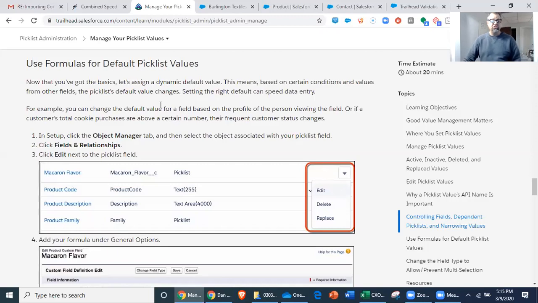Now, this is interesting, this is new to me too, you can use formulas for default pick list values. So let's assign a dynamic value. It means that based on other conditions and values from other fields, the pick list default value can change. Setting the right default can speed data entry a lot. You can just pick the earlier things and then go on. You can change the default based on the person's profile. Somebody in sales versus somebody who's an executive might have more choices than somebody else. Or like for your purchases,